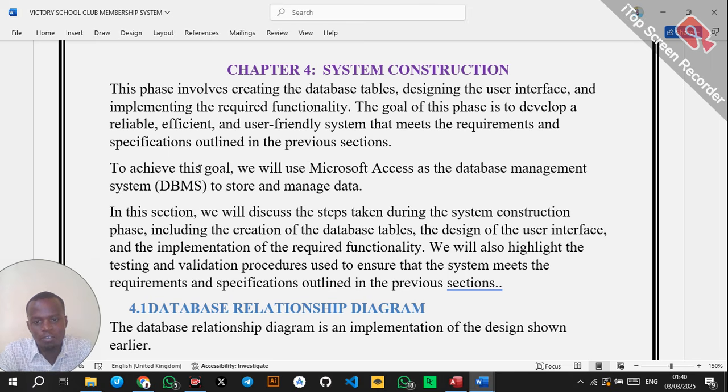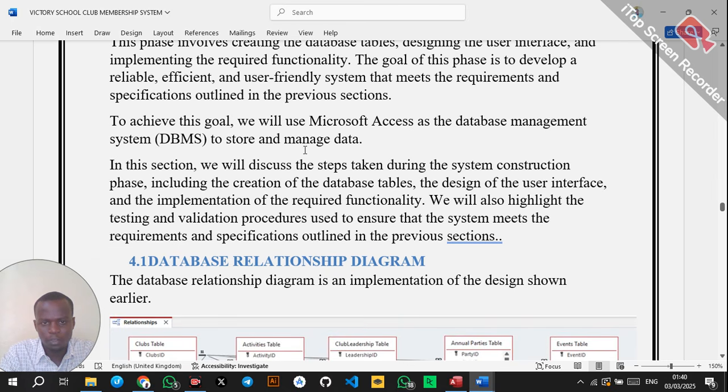We are now beginning developing the system. And while developing the system, we are going to document it. So we are going to explain the steps taken while developing the system. So this explanation of the steps taken while developing the system is now what we call the documentation under this part, chapter 4. So you're going to explain what you're doing under this part. Then we go to